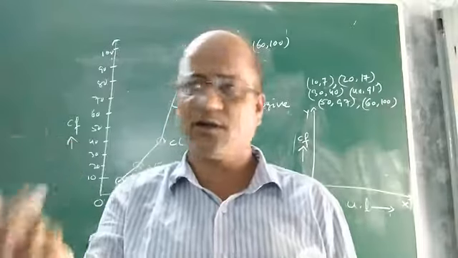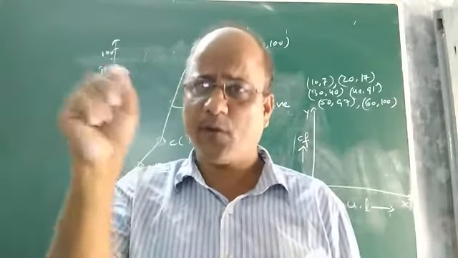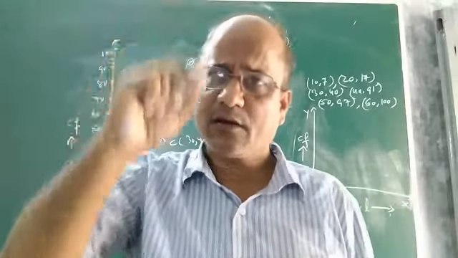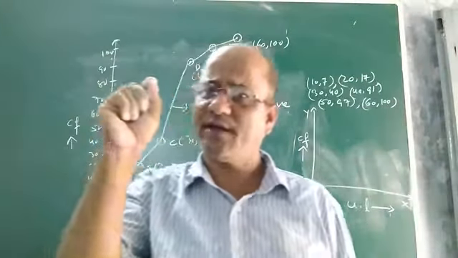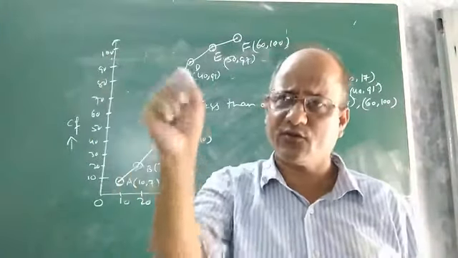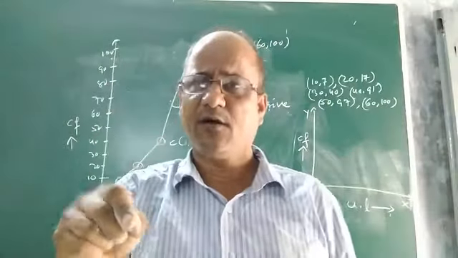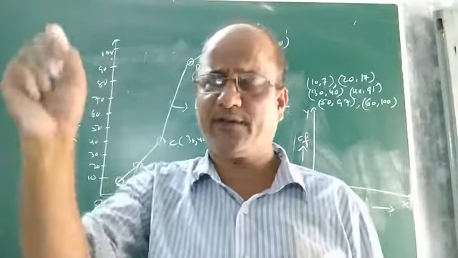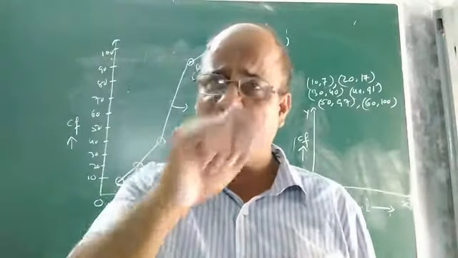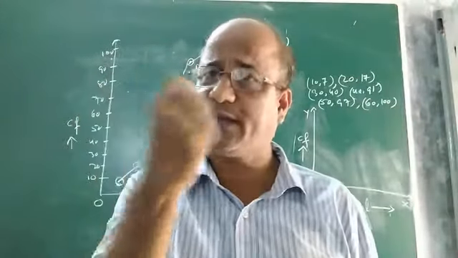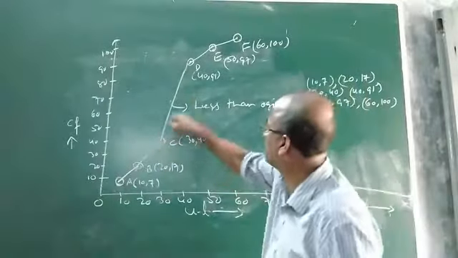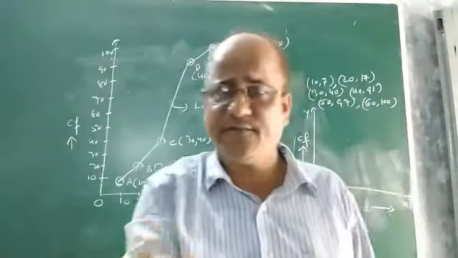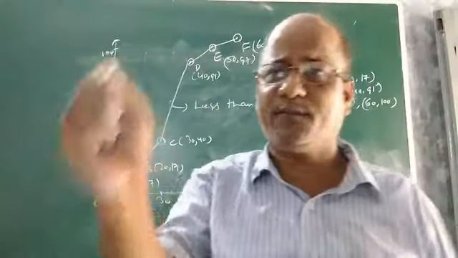Now you draw the graph. You plot points taking upper limit along x-axis and corresponding cumulative frequencies along y-axis. On choosing appropriate scale, if you plot the points, you will get different points. Then those points are to be joined by freehand in order to get a curve. You see, this is the curve. And this curve is known as your less than type ogive or less than type cumulative frequency curve.